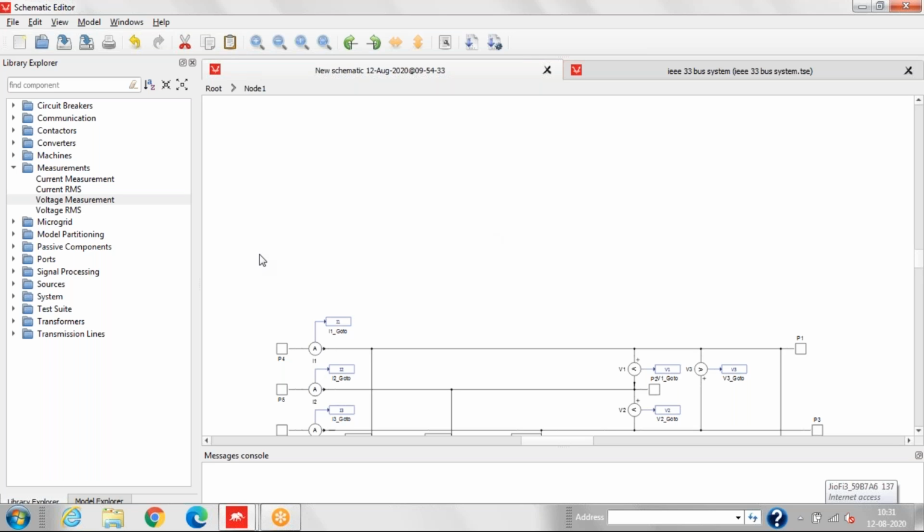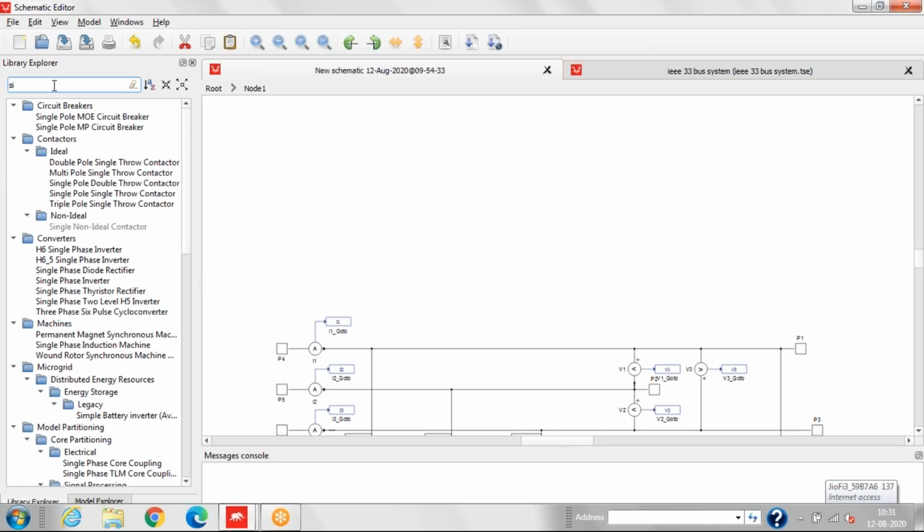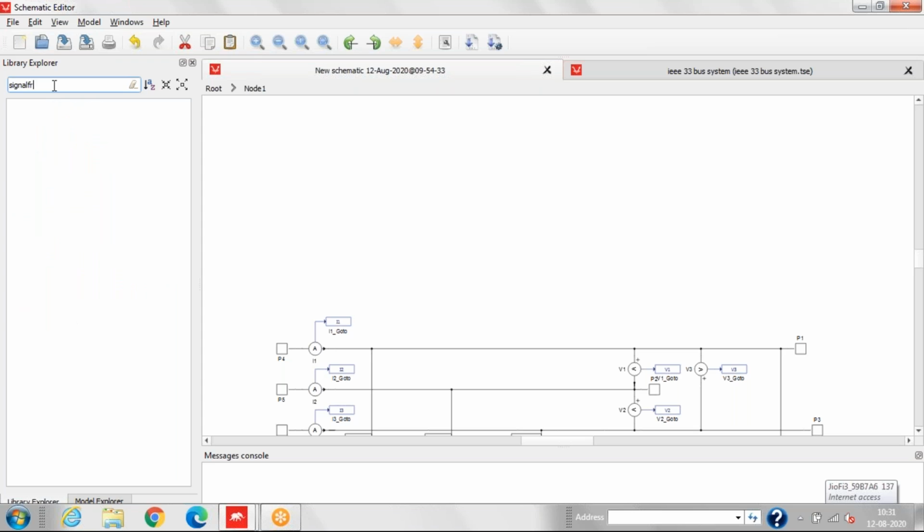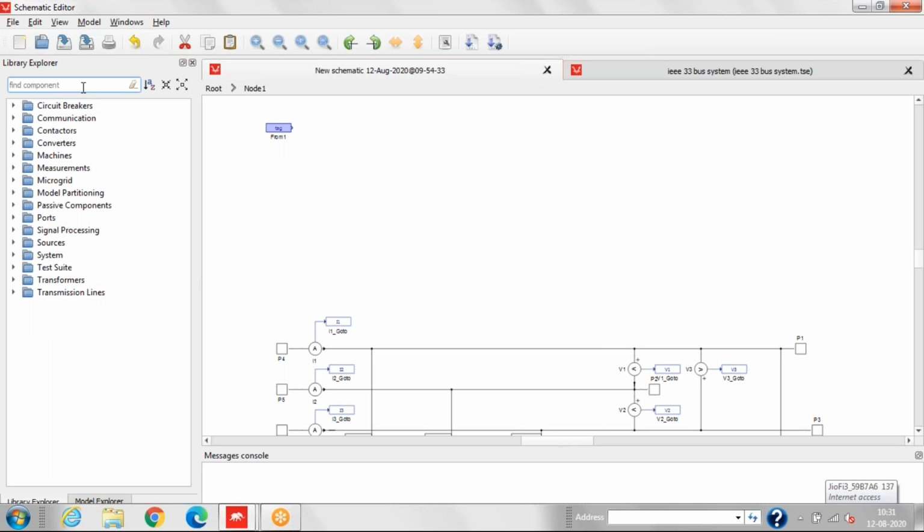Now first we'll require a signal from block. We'll type signal from. And then for calculating the RMS value we require an RMS block.